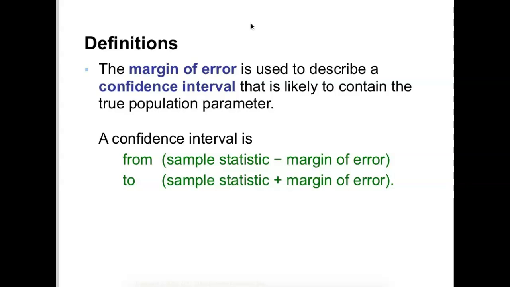So it's not meant to cover up a bad sample. If you went to the gun store and that's where you took your poll, that's a bad sample and probably not representative of the overall population. So you just need to make sure you go to the gun store and, I don't know, what's the opposite of that? The tea shop. All right, so you create it by taking your sample statistic, you subtract your margin of error, and then you add your margin of error, and that gives you an interval of numbers.